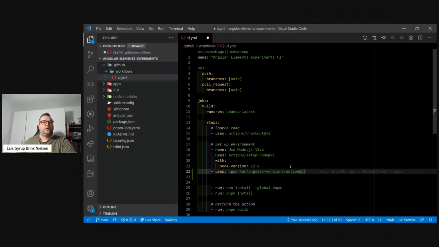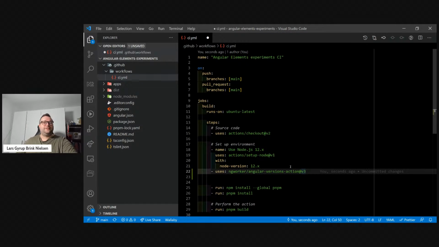We're currently at version 3, but one of the community members, Shihab, has reported a bug today, and we have a plan to fix it, but it'll require a breaking change. So version 4 is on its way, and another feature that's coming up is support for NX workspaces. Currently, it's only supporting Angular CLI workspaces, but it's also on the roadmap and being worked on. So lots of nice stuff going on, and feel free to join in. It's an open source project. File issues or feature reports or ideas, and we'll be very happy to get back to you with feedback